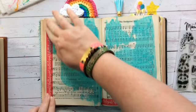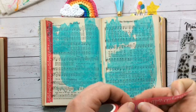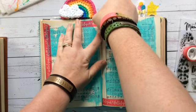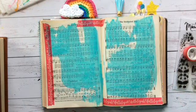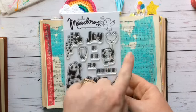So all I like to do when I journal in my hymnal, I really enjoy doing the 2-page spreads. Occasionally I just do one. Almost always I do 2 pages though, and there's a lot of freedom in journaling the hymnal because it just does not matter to me what I cover up in the background. The notes and the music, they just make super lovely layers in the page